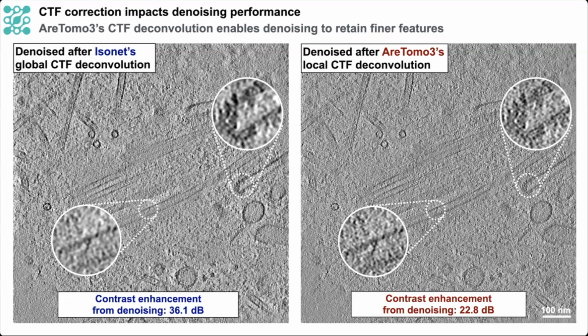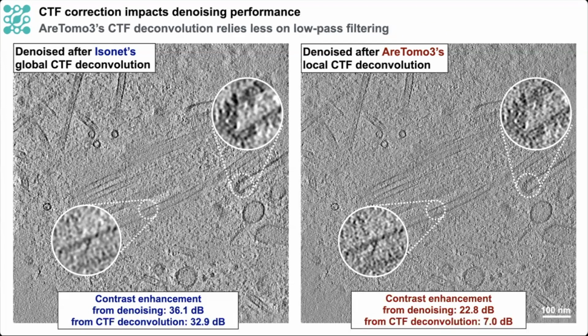But when we dug a bit deeper, one thing we realized is that in the IsoNet case, the vast majority of the contrast enhancement is actually coming from the low pass filter that's applied as part of the CTF deconvolution. And denoising provides very little contrast enhancement on top of that. And this is problematic because if we apply a very strong low-pass filter during data preprocessing, we'll end up blurring out many of the structural features that ideally our neural network would learn during training and preserve during inference. I should note that the strength of the low-pass filter applied as part of the CTF deconvolution is actually an adjustable parameter. And in the IsoNet case, we did perform a hyperparameter search and found that we needed the strong low-pass filter in order for the denoising to be effective.